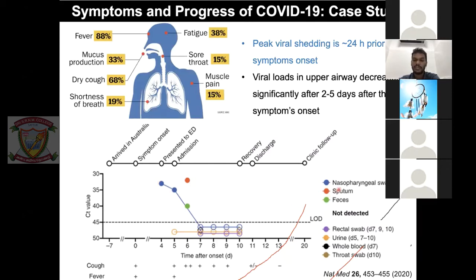And sputum is basically the saliva that is from your lungs. Basically, you cough and spit. And from that also they see a significant amount of virus, but on day 6, by the time,